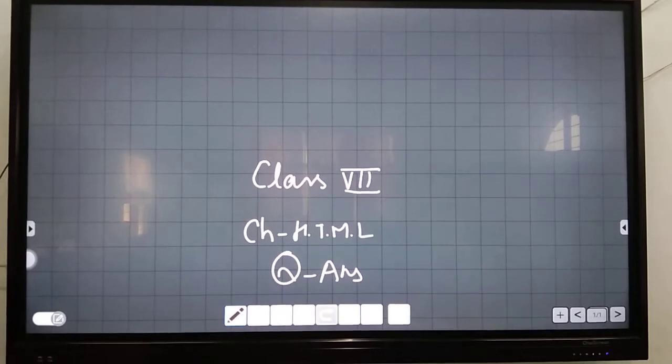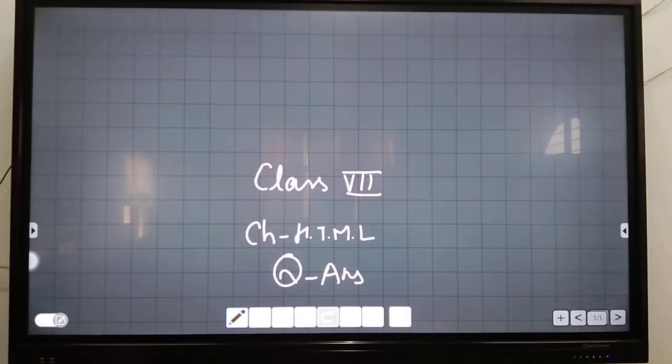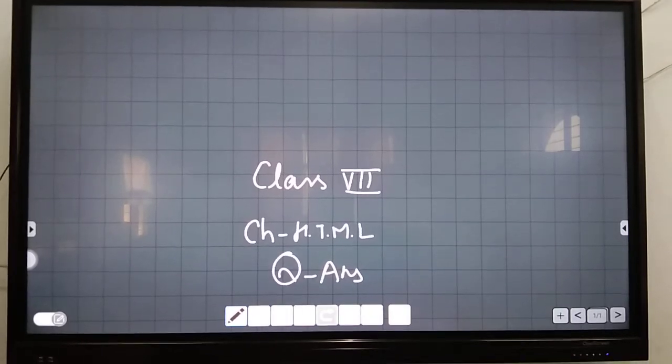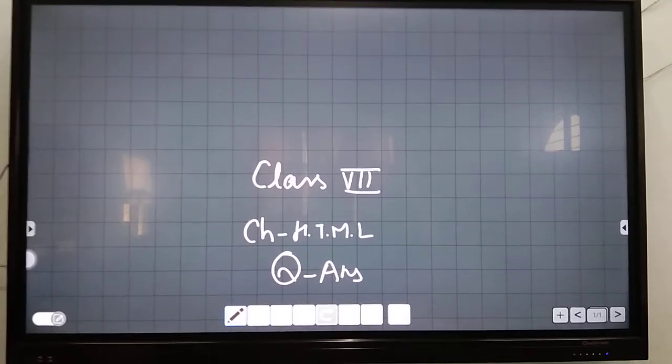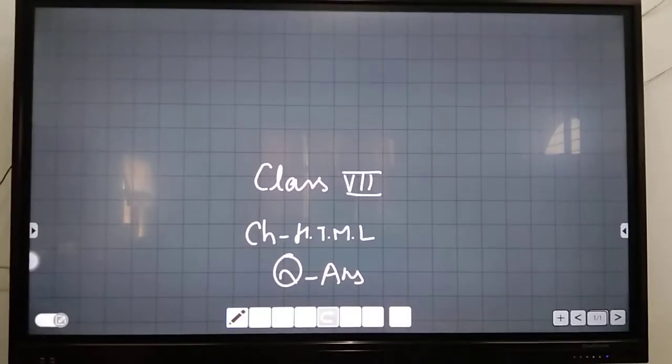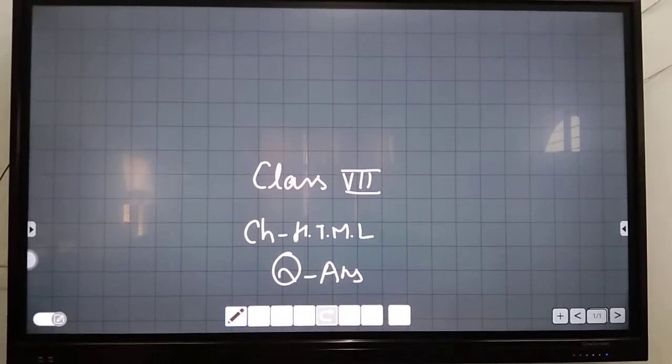What is wrong with the following coding? OL type A start equals to D. In an ordered list, my dear students, you know that you can't write the start with D. Only the type you need to give, which type you want, and your number will come. What is wrong with the following code? Again the same phenomena. UL type A start equals to flu. In UL type, you have to give exactly whether it is disc type or bullet and numbering type. Type you need to give, you can't give ABCD.